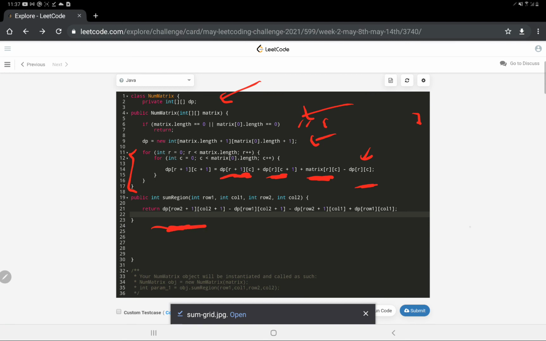Row 2 plus 1, column 2 plus 1, calculate the sum up to A, and this sum is B plus C, and this sum is C plus D, and this sum is again of C. All right, so I hope the approach of how we are solving it is clear. The A, B, C terms that I am using here are the things that I explained in the video itself. Now let's try to submit this code and see.